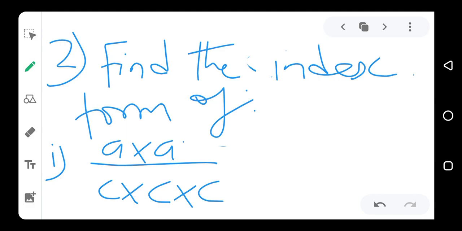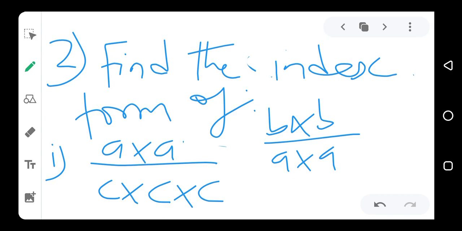For instance, if we have b times b over a times a, what it means is the one that is on top, we find the index of it, which is equal to